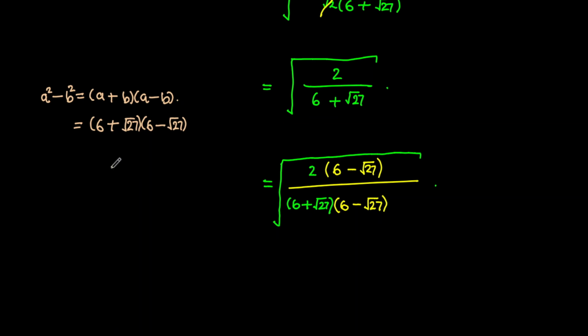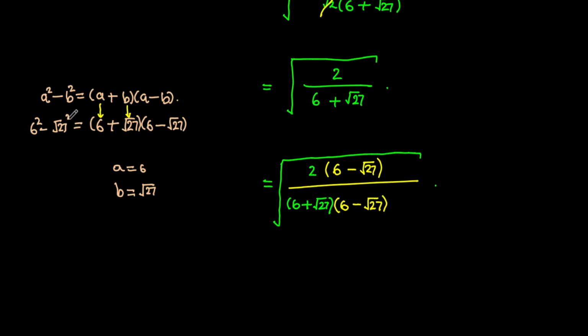So you can see that a corresponds to 6 and b corresponds to root 27. So since a is the same as 6 and b is the same as root 27, on this side we replace our a with 6 squared minus root